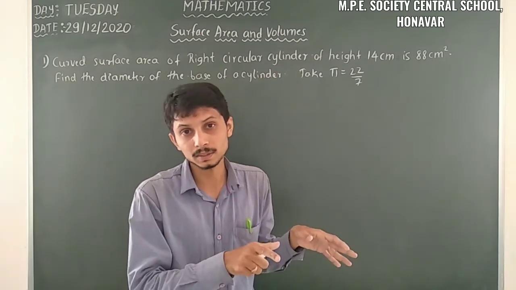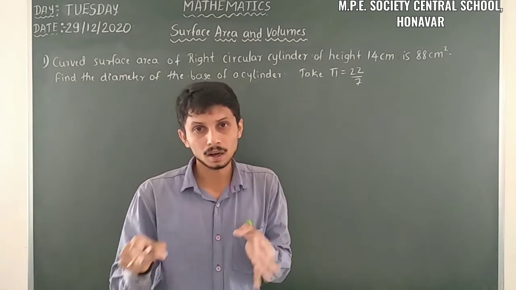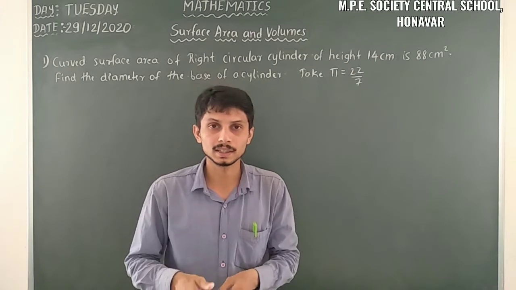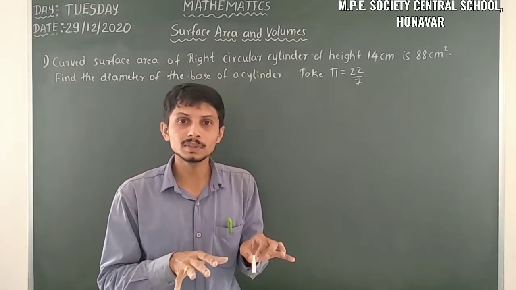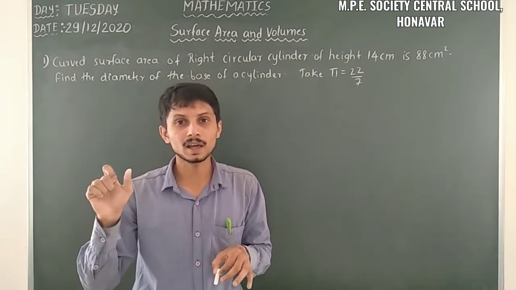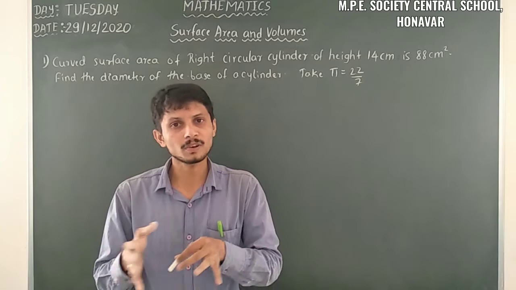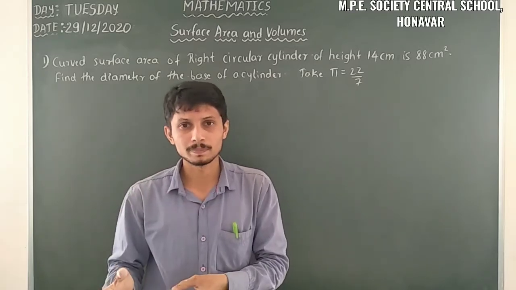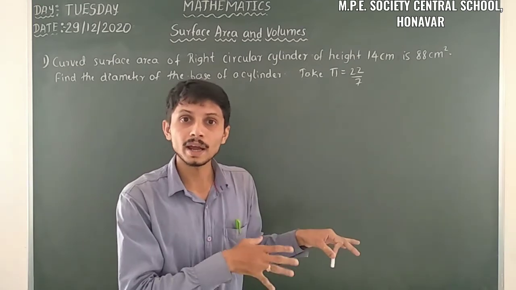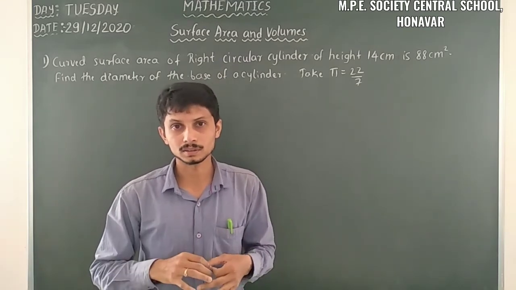That is, the curved surface area is given, and the value of h is given, and here we have to find out the radius. The other things, 2 and pi, are constant terms we can take easily. But our aim is to find the value of r. So we have to find the value of r when we have the other quantities. For example, out of 3 quantities, if 2 quantities we already know and one thing we have to find out, we can easily find it by transformations and calculations. Yes, let us take that one.